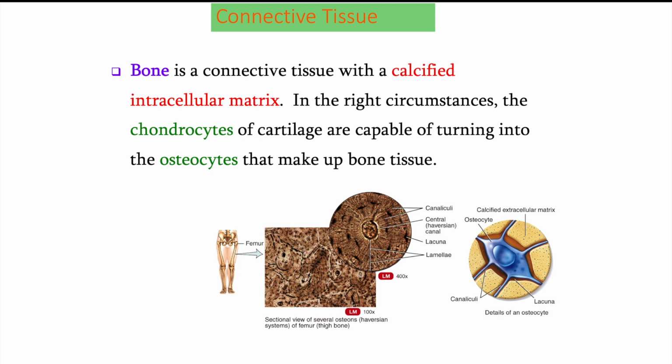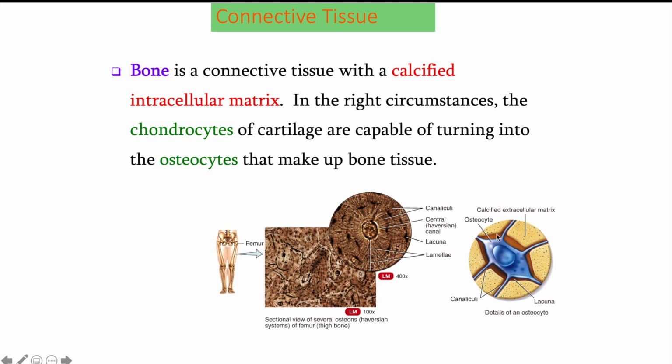The cells that you find inside the bone are called osteocytes. Osteo means bone, cyte means cell. And this is just a diagram of an osteocyte. And what you notice is that it is kind of in a little